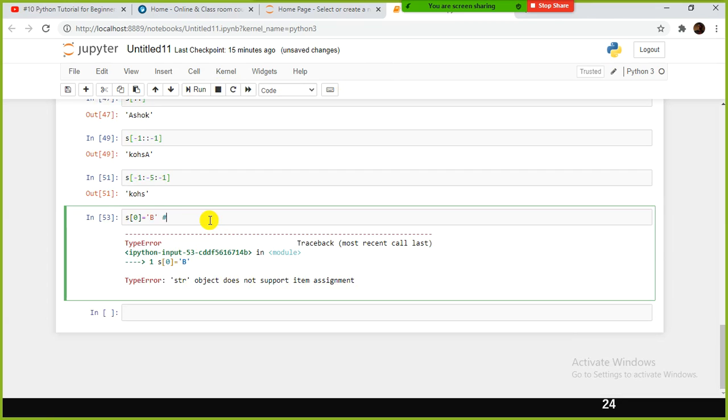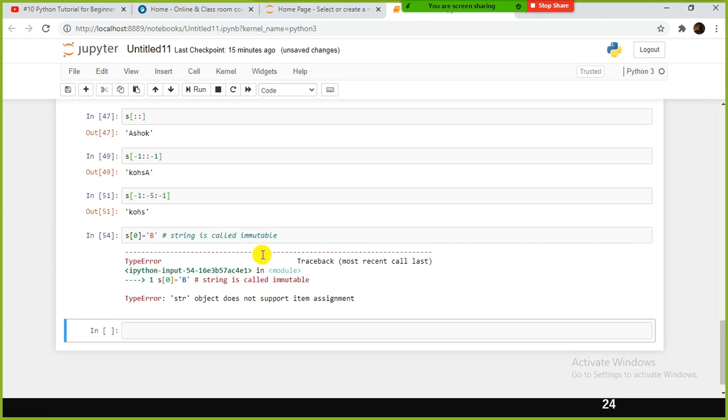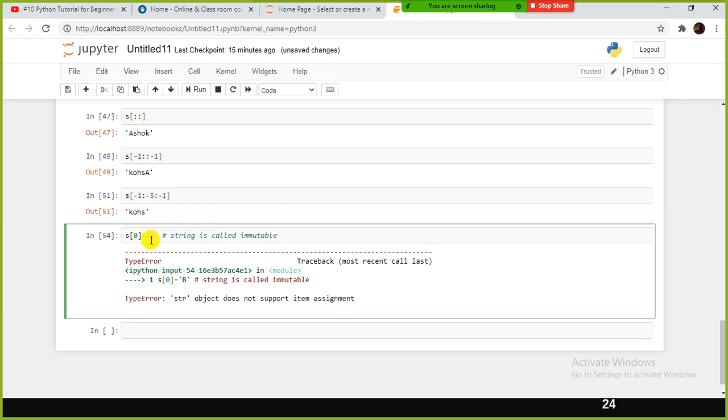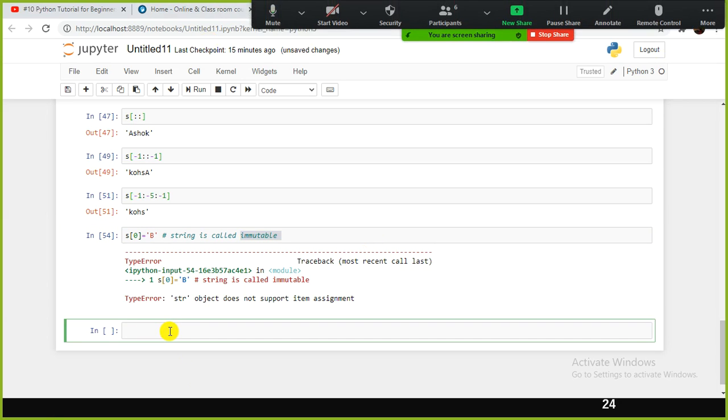So in Python, you cannot modify the string, hence a string is called immutable. Mutable is modifiable. Immutable is non-modifiable, right? You cannot modify the value, and similarly you cannot remove the value. Immutable is kind of right protected. You cannot remove it or modify the value. Fine. Okay, now let us look at string formatting.